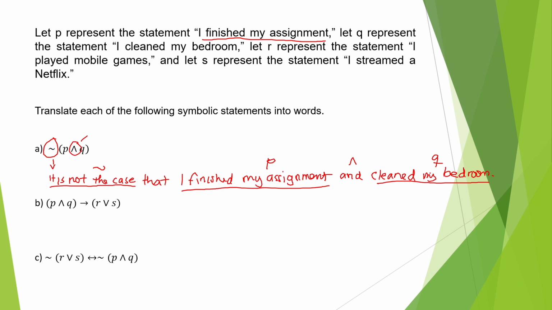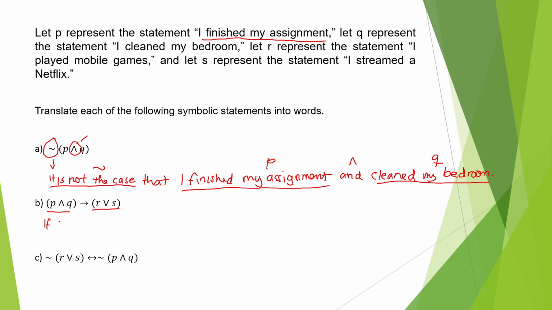Next, this is two groups. Group this one and group. Since this is conditional, we will start with the statement "if". This one is if and then.